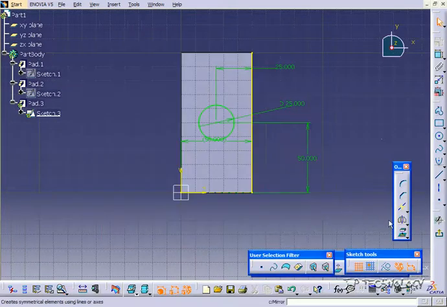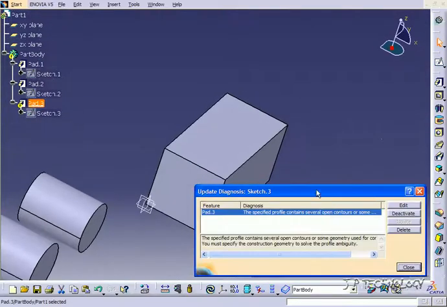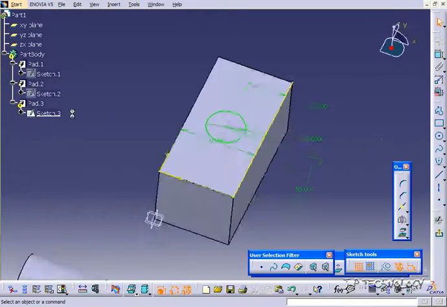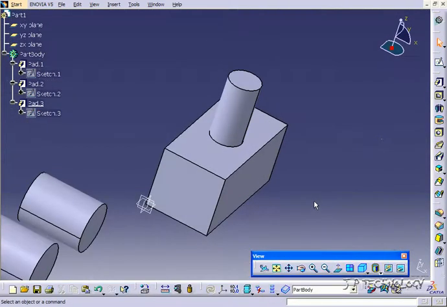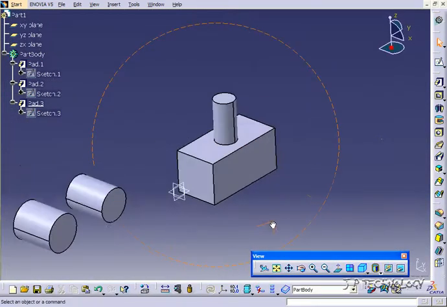Now let's just try to get out of there and let it rebuild, and it's going to show you an error. Now it showed you an error as there's open profiles. Now press Close. We'll go back into that sketch, click that line, and we'll put it back to construction. Now when we go to rebuild it, it's going to come back up. So this is just to show you that you need to have these closed profiles